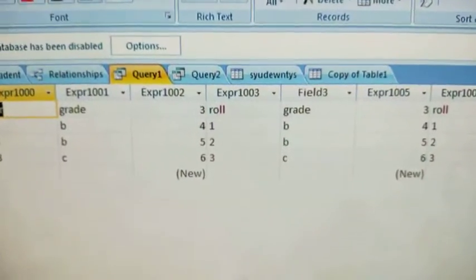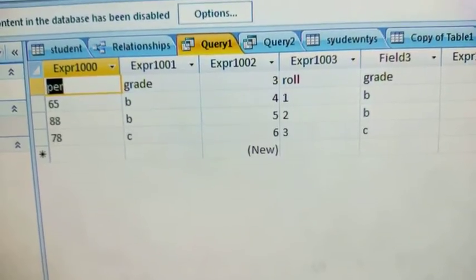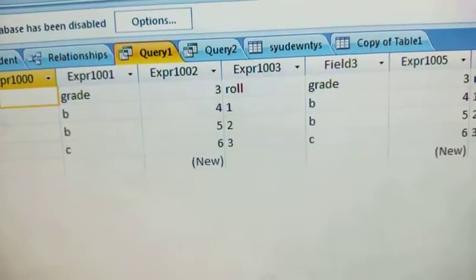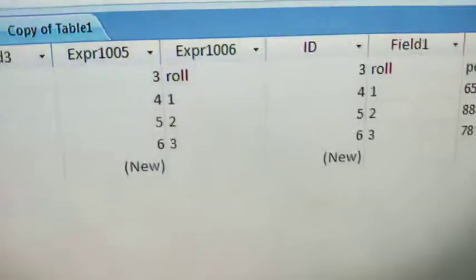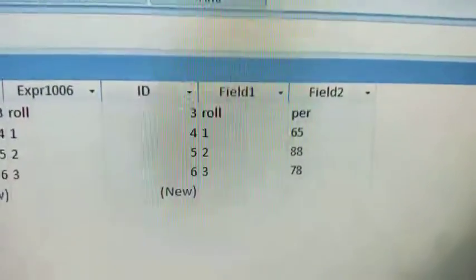See, first, then second, how many times you have selected, that type of answer you will get here.